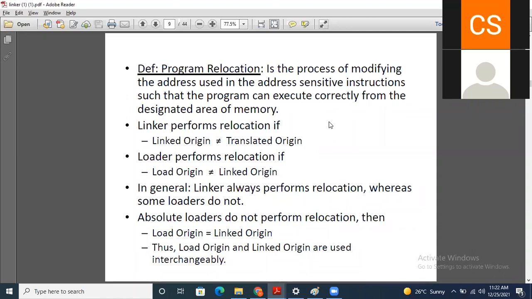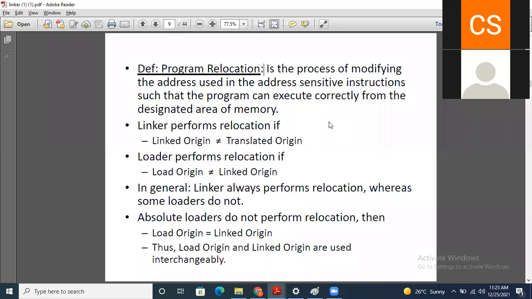ओके, तुम्हाला माहिती आहे यू नो दॅट ओएस इज वन ऑफ द टास्क ऑफ द ओएस इज द मेमरी हँडलिंग. मग हे टास्क ओएस असतं की ज्या लोकेशनला स्पेस असेल ती लोकेशन लोडरला प्रोव्हाइड करा. मग ती जर लोकेशन वेगळी असेल तर लोडर त्या लोकेशनलाच प्रोग्राम लोड करेल. देन इन दॅट केस युअर लोड ओरिजिन विल बी डिफरंट दॅन द लिंक्ड ओरिजिन.